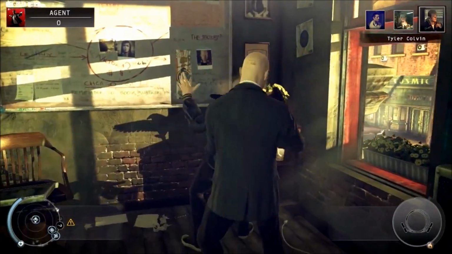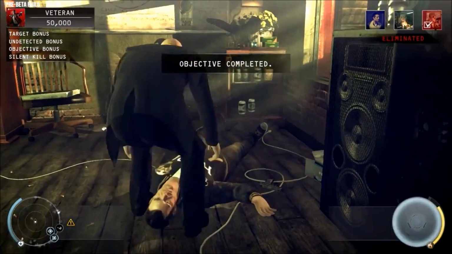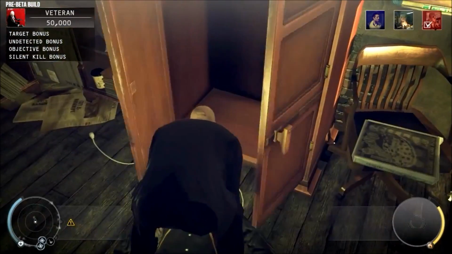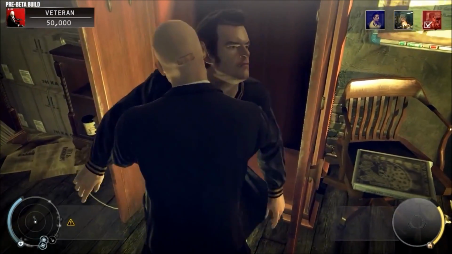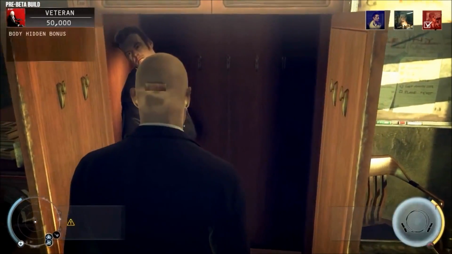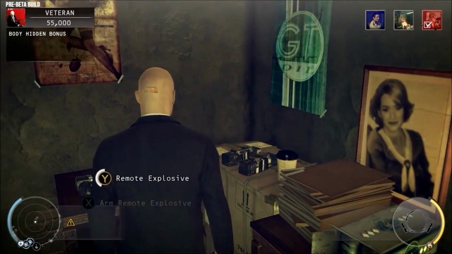We're going to take him down with the fibre wire silently, so nobody hears us, and we've got objective complete. We need to dump the body, because his girlfriend will probably be coming up to see where he is pretty soon. Yeah, so hiding bodies is good for erasing your tracks,